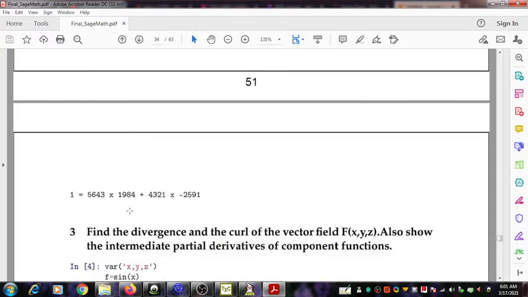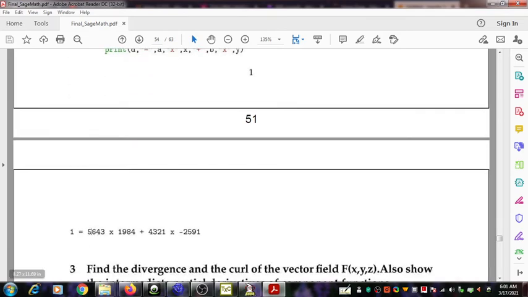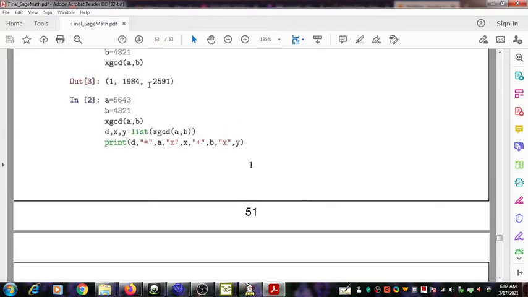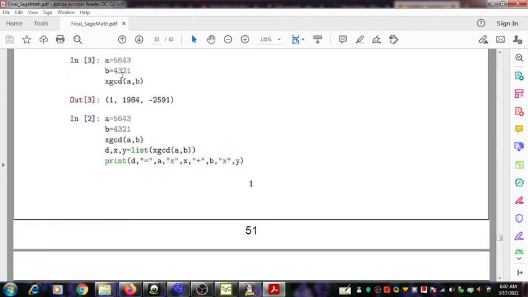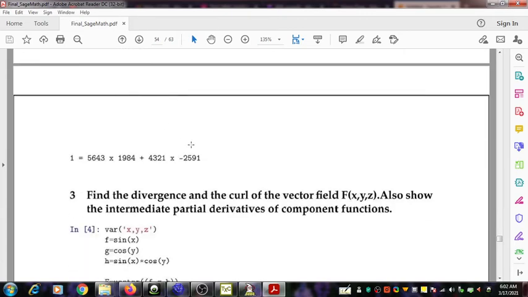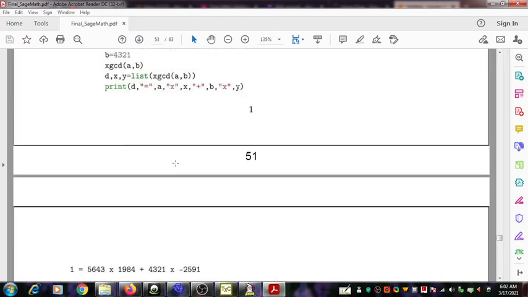So here a equal to 5643, and b is the number x is the number 1984, and that is obtained by using the command. And then we have minus next y value. Y value is minus 2591. Okay, that will be then used here, and this answer is obtained by using this step. Print d equals,